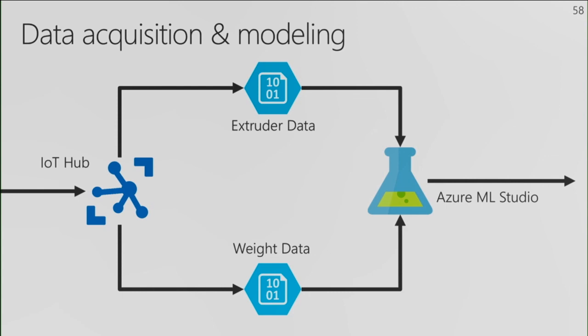But connecting into that data was crucial, and we actually fed both the weight data and the extruder data into Azure Machine Learning Studio, where we were able to join those two data sets together. There was some difficulty in making sure that the time element was properly accounted for, because it does take some time between when a given unit of Twizzlers is produced in the machine and when that same unit is actually measured on the weight measurement system. So creating that alignment was something that presented a challenge that we were able to work through. But we were able to solve that, and we had a data set that,